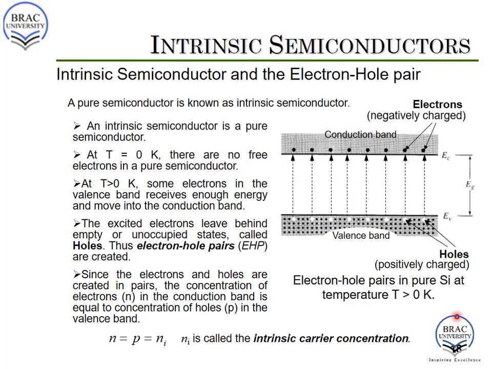At 0 Kelvin temperature, all of the electrons in the outer shell of the silicons are used up to form the bonds. So there are no free electrons that could make the current flow through the structure. At 0 Kelvin temperature, this intrinsic semiconductor behaves exactly like an insulator. But when the temperature is increased beyond 0 Kelvin, some of the electrons may gain enough energy to break away from the bond and become free to move through the structure.